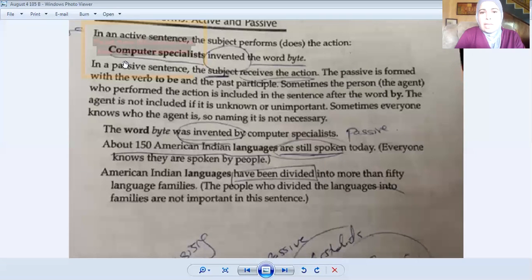So I drink a cup of coffee every day. We said I is the subject, drink is the verb, and a cup of coffee is the object, and then every day is the complement. How do you write this in the passive? The order of the active sentence